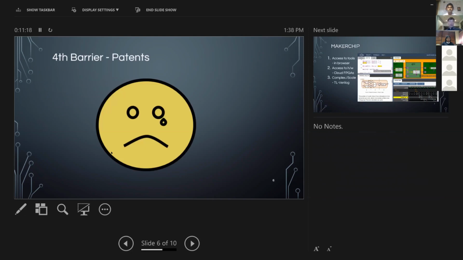Unfortunately, there is a fourth barrier, and it really hasn't come into play yet, but it will in a very significant way, and that's patents. I'm not a patent lawyer. I can't speak to all the intricacies here, but hardware patents are very different than software patents. It's much easier, not to say it's easy, but it's much easier to patent hardware, architectural concepts, etc. And as a result, there's a large minefield of patents out there that have to be navigated before you can